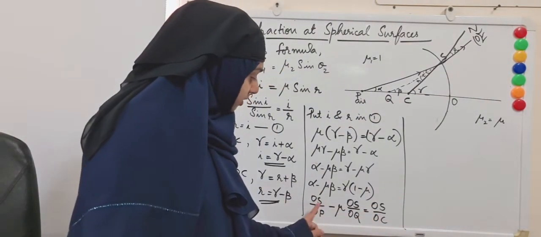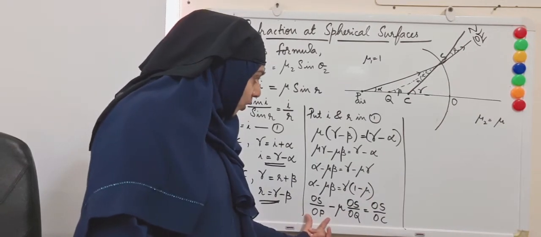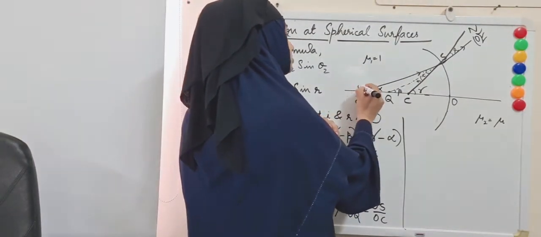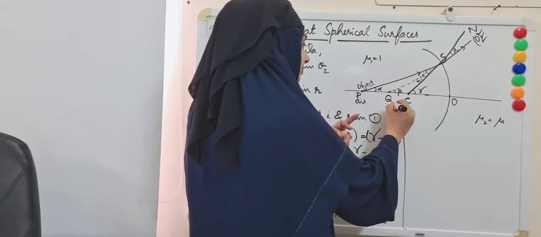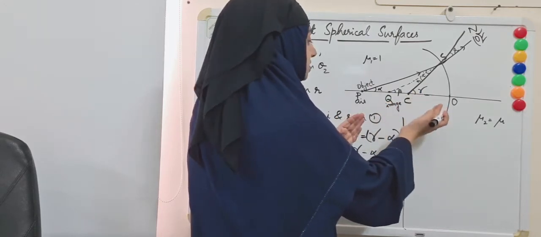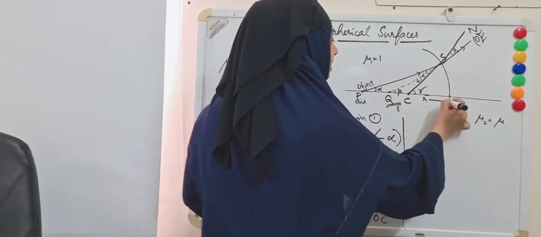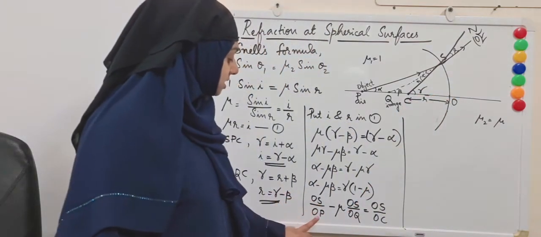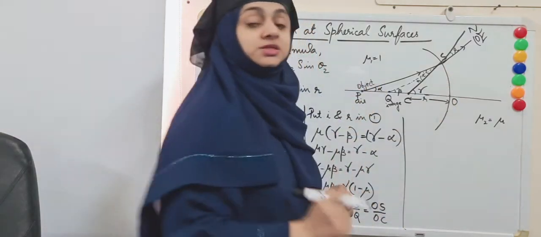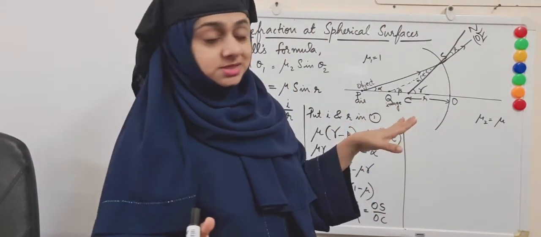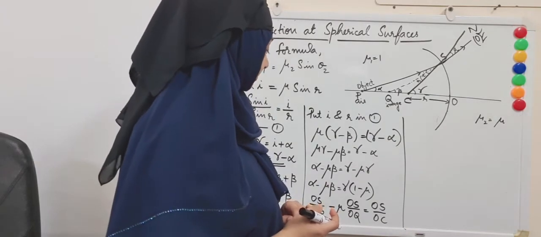Now look at this equation. OS is common in every term. So I can cancel OS out, and also OP. Here at P we have the object, and at Q we have the virtual image, and at C, which is the center of curvature, so the distance between O and C will be the radius of curvature R. So I am going to express, instead of OP, the object distance U, and instead of OQ, the image distance V, and I will also consider the sign convention, and also OC will be expressed as R, the radius of curvature. So here I have,